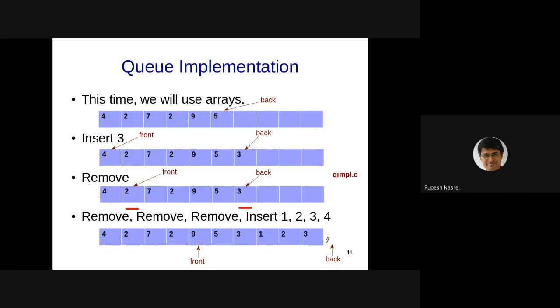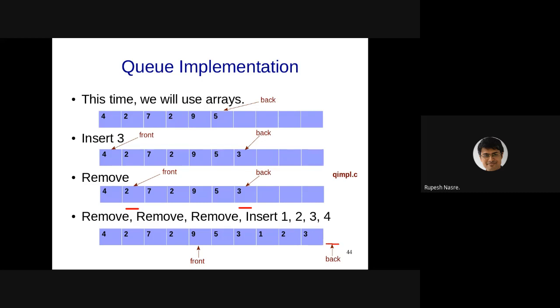So therefore, either we give an error saying that it's not circular, or saying that it is full, or we have to insert it in the circular manner, because there is space, right? So the advantage of circular queue using arrays is that there is space and you will be able to accommodate it. Alternatively, if you don't want to make it circular but still want to